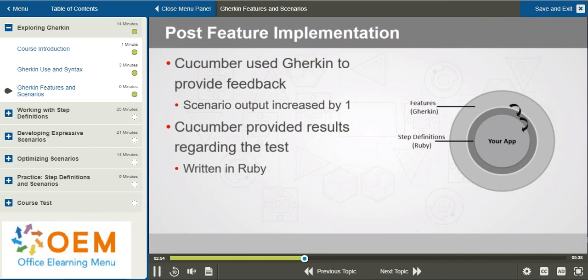Again, after feature implementation, Cucumber provides us with results about the test, and it gives us some sample code snippets that are written in Ruby. So let's go over to my development machine and